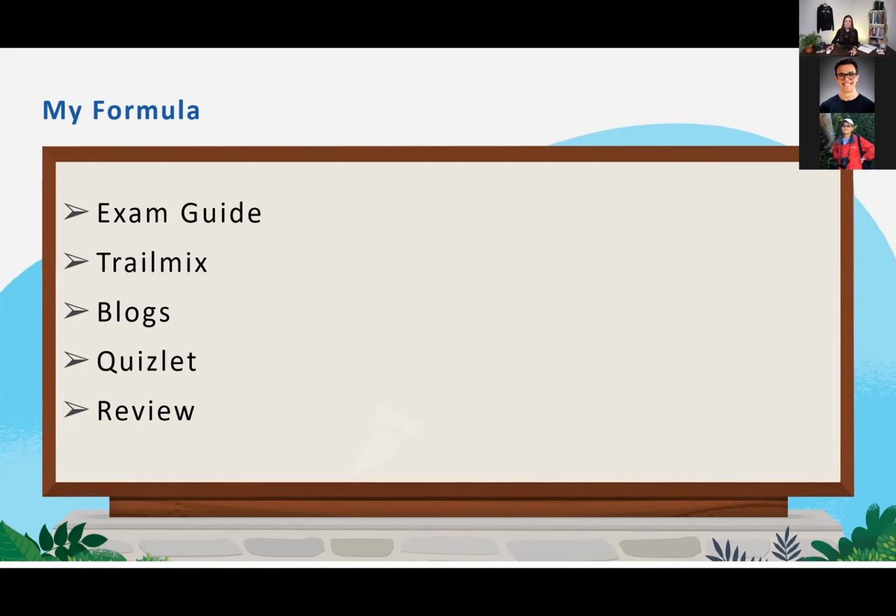I think all the exams I have taken have a Trail Mix. Most of them are official ones; some are made by community members. The Trail Mix pretty much is a mix of all the Trailhead badges related to that particular topic. And sometimes it includes some links, so instead of just doing a badge, they give you an article or even documentation to read.